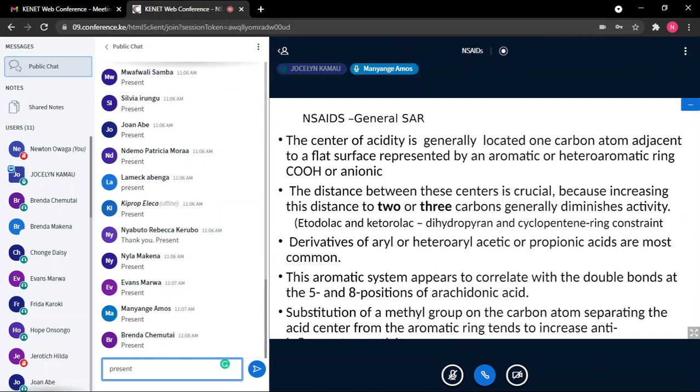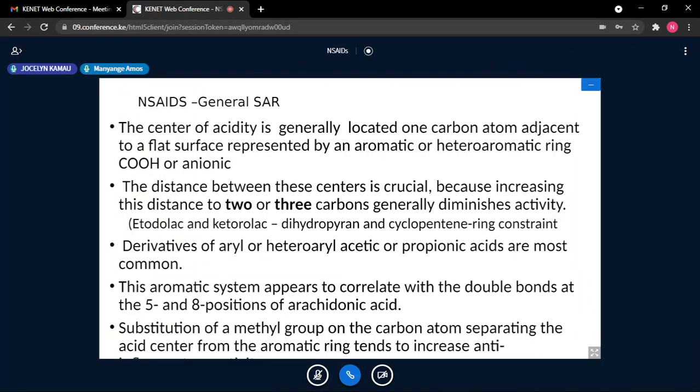I'm having a bit of trouble following as you are explaining. I was wondering if you could send us the notes. I'm having trouble taking down notes while listening, and I saw that you are not recording the sessions. No, I don't record.